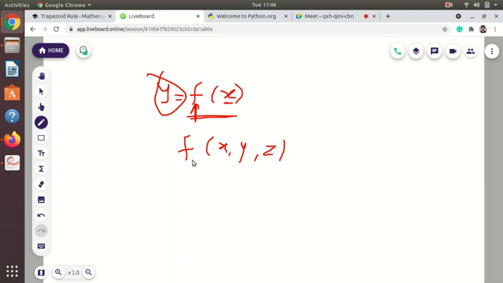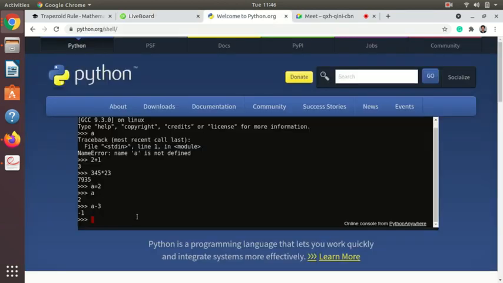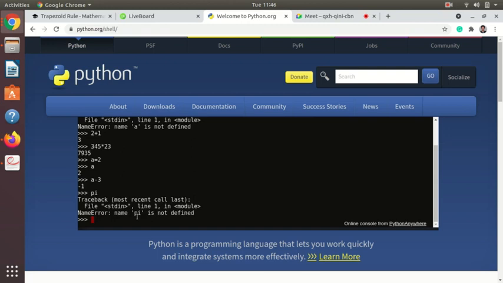In a similar way, we will define a function for Python, because Python does not know any function, and we will not use any x, y, z. Instead we will have some other functions. I will execute first. So you know what is pi. If you execute this program in Mathematica, it will give you a numerical value, but here it says pi is not defined. Why is it not defined? Because Python has to be told the predefined value of pi which we have to use, that is 3.14. There is some syntax for this that we have to define.